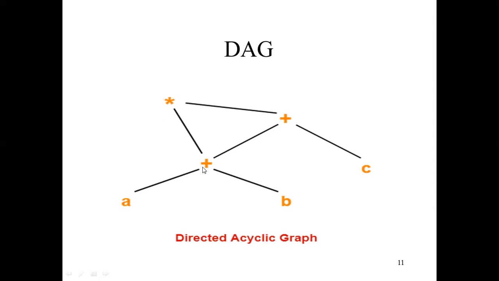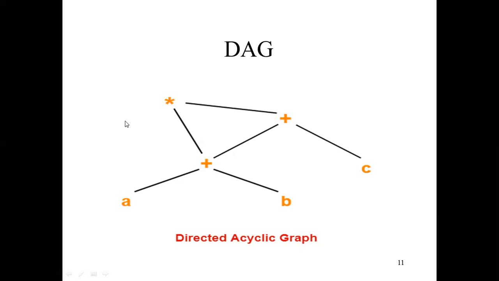Then we can see this a plus b, into a plus b plus c. Then this will be multiplied by this one. So here we will get the answer output. You can write the output here, after this star sign, we can draw a line and write the output. Output means addition along with the multiplication of these two expressions.